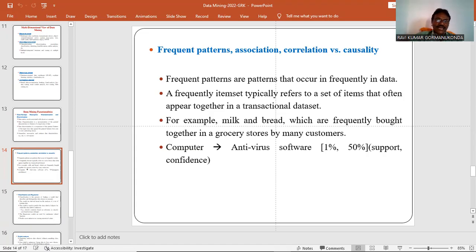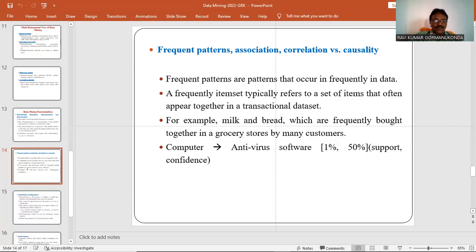Similarly, when a person buys a computer at a computer shop, they automatically purchase antivirus software also. Like a person visiting a supermarket, milk is purchased, and bread is automatically taken also.